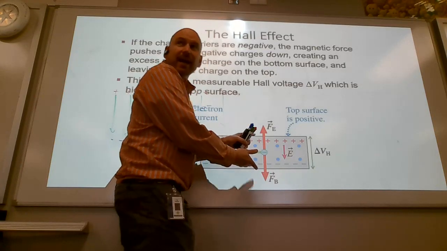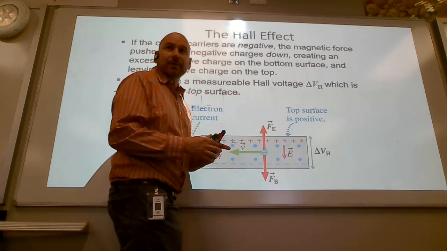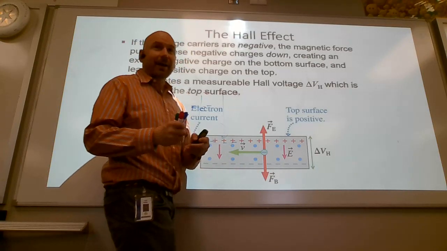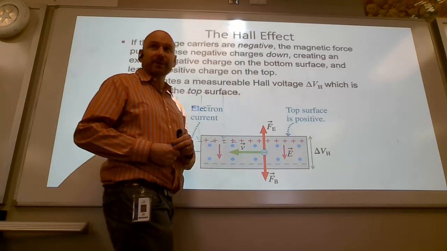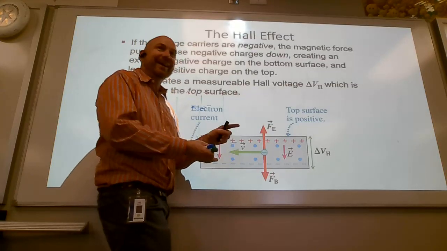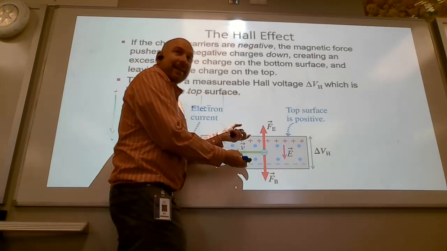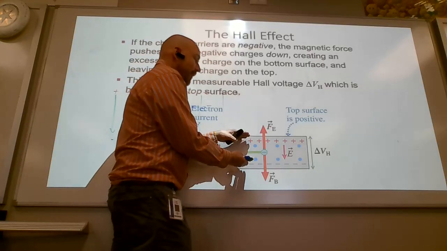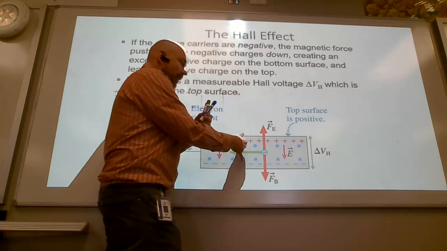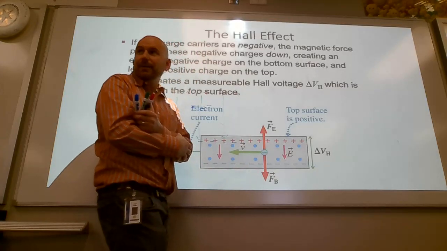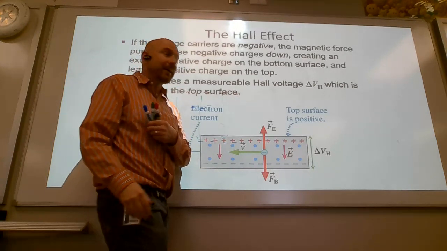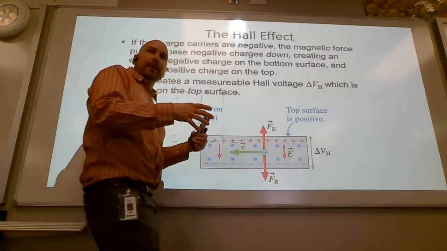Usually it's going to be a slab of conductor. I don't want this to be a stumbling block for you. Yes, this does take place with current through a wire. However, the voltage across a wire is so infinitesimal, because it's across the width of the wire, who cares? When they give you a slab, a block,